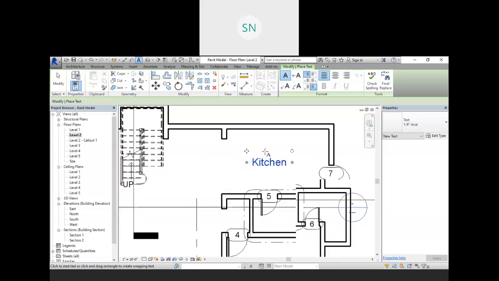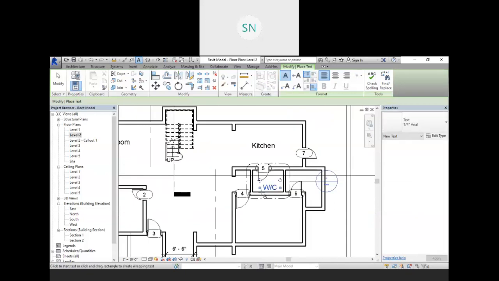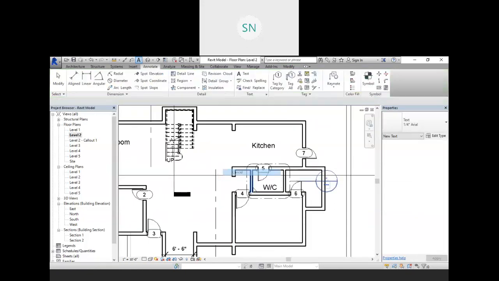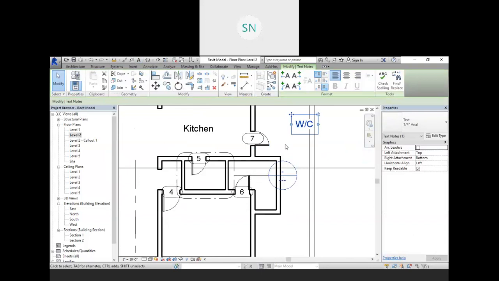Also, if you want to add some arrows over here, then I am placing this text over here and I want one leader, one arrow. So just select your text and you will get these 4 options over here: the left side arrow, right side arrow, straight arrow, and left side and right side arced arrow.